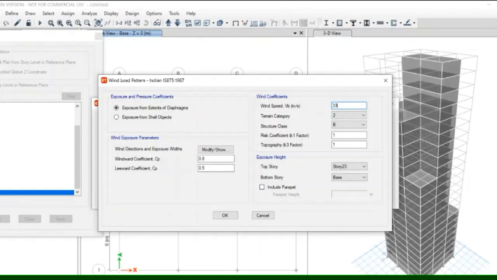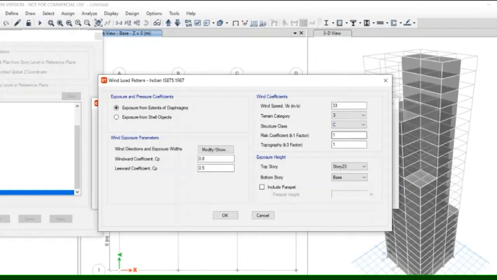For this you have to refer to the IS code. Here the wind speed of Bangalore is 33 meter per second, the terrain category 3, and the structure class will be C because the height of the building is above 50 meter.